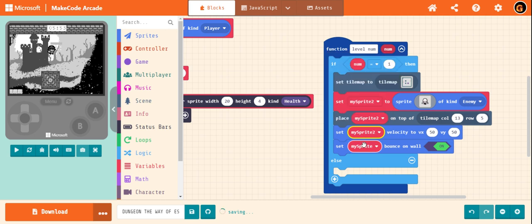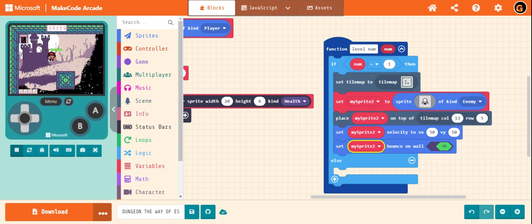My sprite 2. Let's test it out, whether he's bouncing or not. Where the hell? Oh yeah, he's there. Yes, friends, it is working.